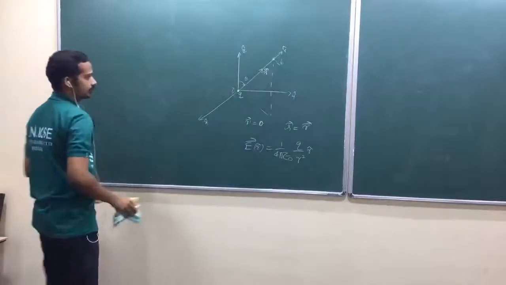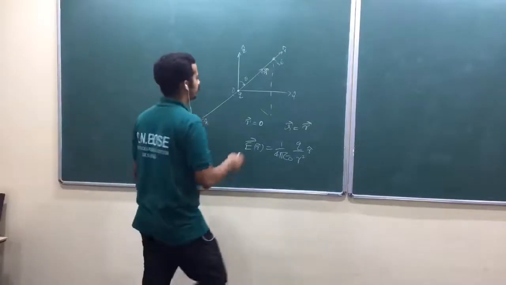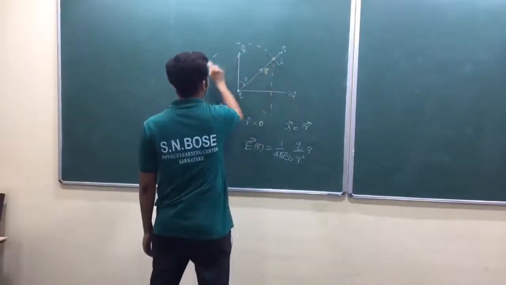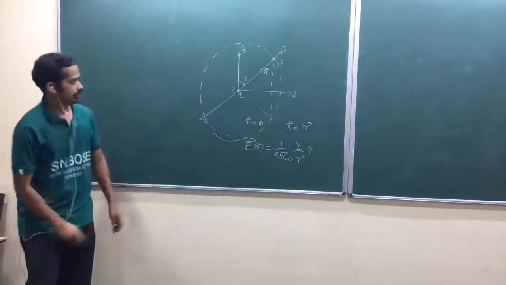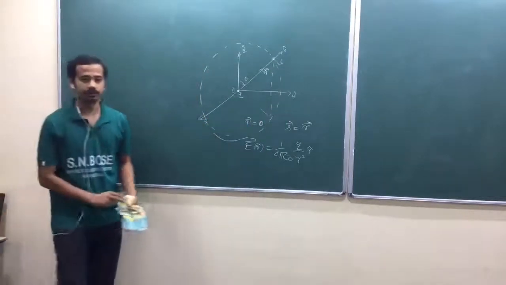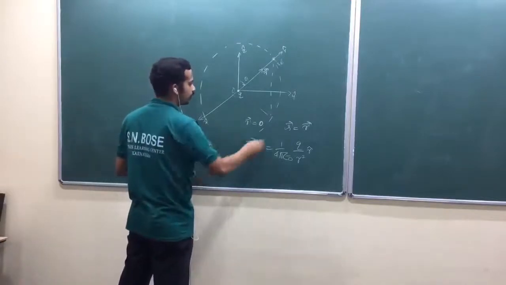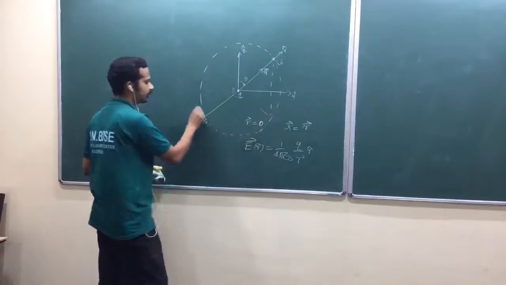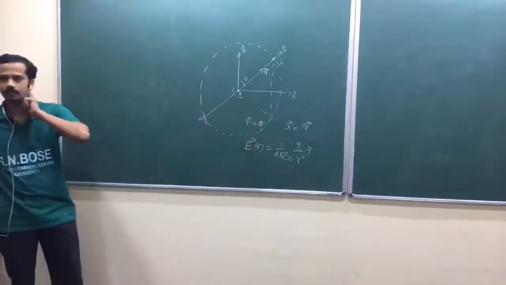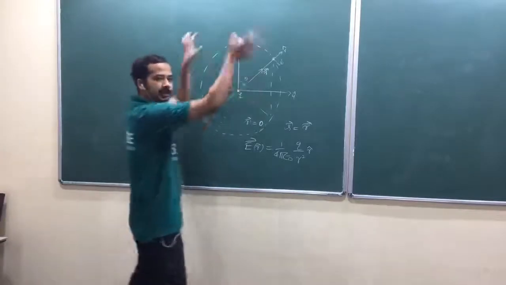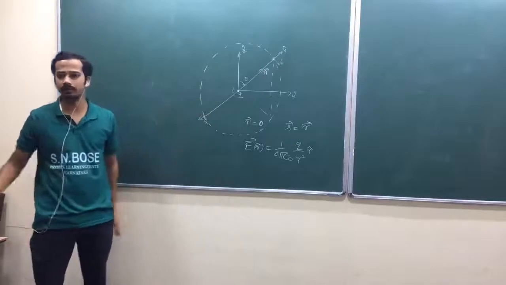Now, to make it very simple, I am going to take one spherical surface. That's an imaginary surface, okay? Its radius is r itself, small r, centered at Q. Okay? A closed spherical surface. Is that okay? A closed spherical surface with Q at its center.